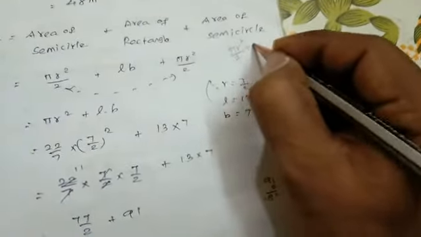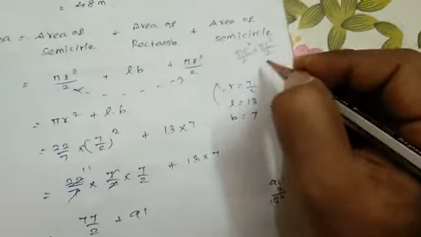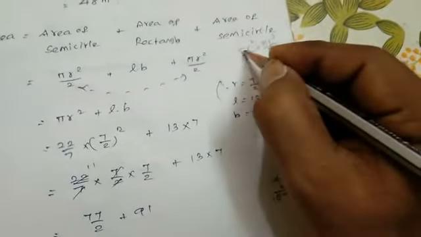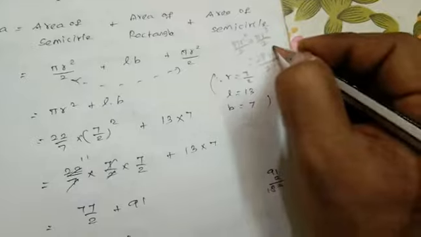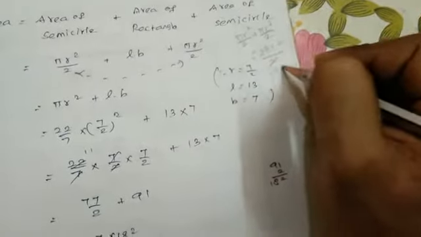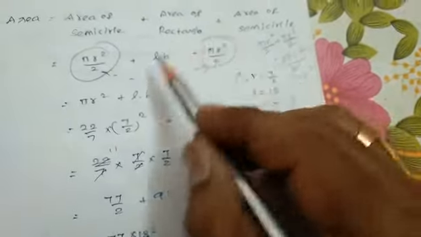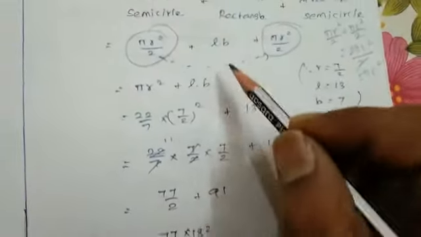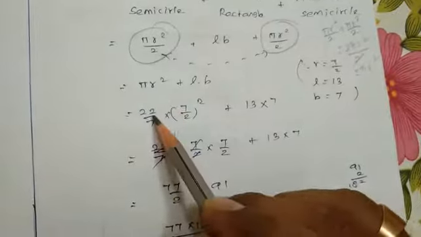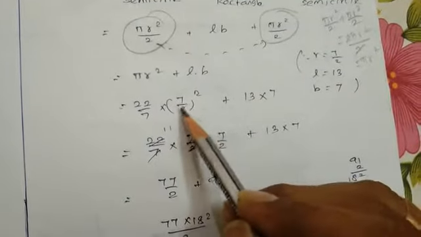So πr²/2 plus πr²/2 equals 2πr²/2, and the 2 cancels, so πr². So simple logic: πr²/2 plus πr²/2 is πr², plus L into B. Now for πr², the value of π is 22/7, and r is 7/2, so the whole squared,